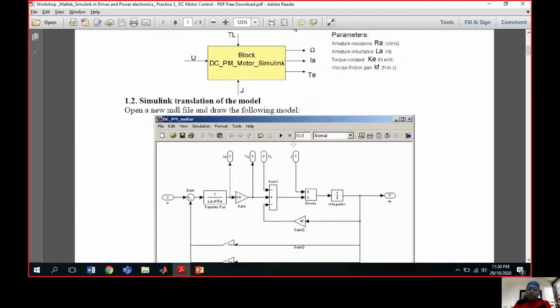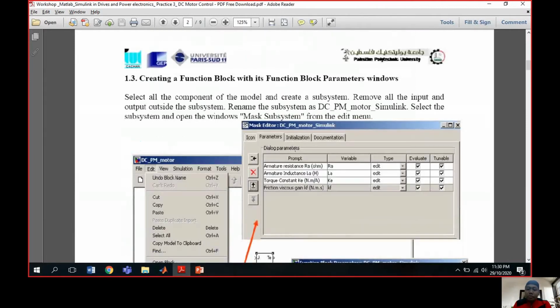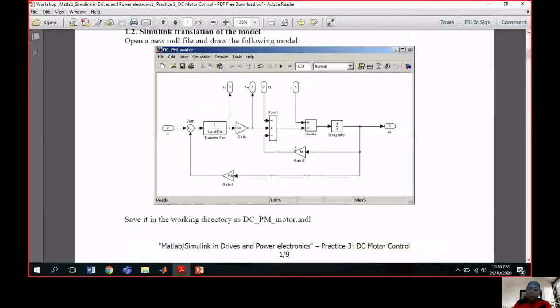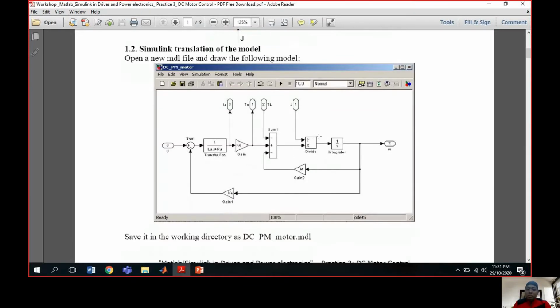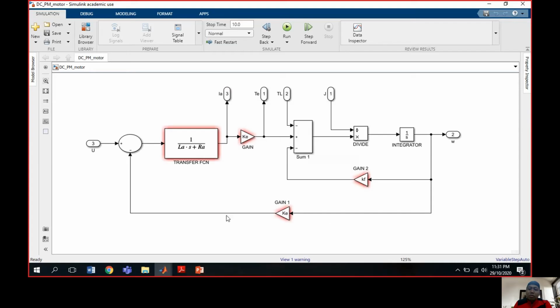So this is the task I show. The first one is the simulation translation of the model. We must draw the model into the simulation lab. As you can see, I already drew all the components and want to run the components.